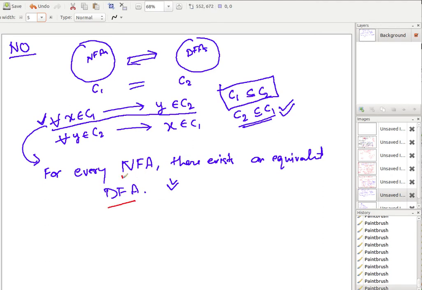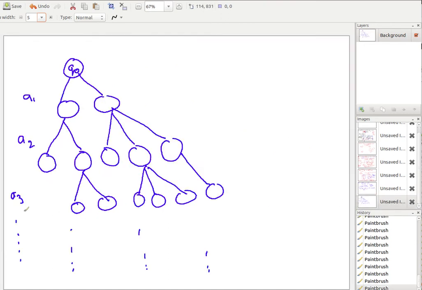That means if given some NFA, I should be able to design a DFA that actually performs the same computation that the NFA was doing. So if this NFA is given, it has a set of states Qn, a transition function delta n, sigma, Q0n, let's say, and then you have Fn. A 5-tuple system. I should be able to design a DFA, right?